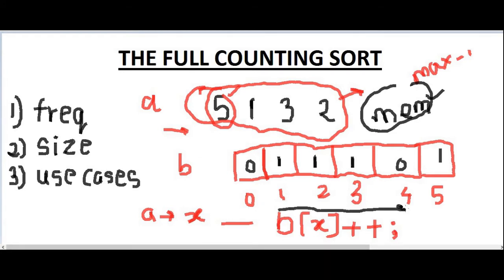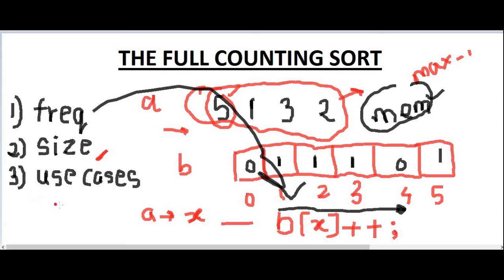As I've written on the left-hand side, there are three main things to take into account with counting sort. One is frequency, which is what we have calculated and inserted into the array. The second is size. We can't always use counting sort. We know that it is quite fast and runs in O(n) time. However, if the size is really big, like in the billions, we can't really use counting sort, because that would cause a stack overflow and the size becomes very huge.